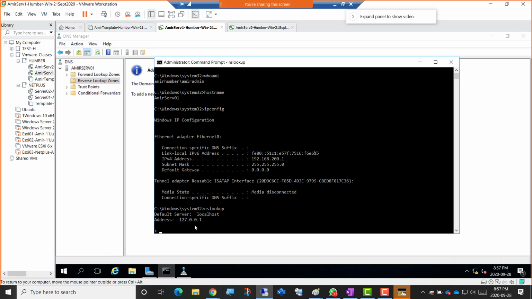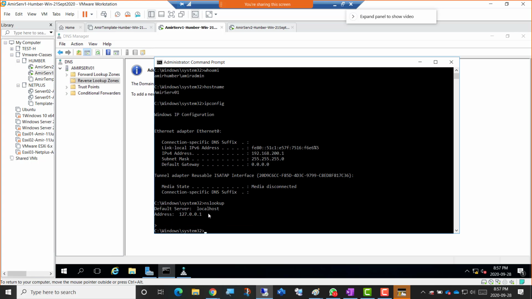So what we can do is go out of this interactive mode by typing Control C on the keyboard. The Control and C buttons take you out of the interactive mode of nslookup. Now we can first go to our network card and check why our preferred DNS is showing this IP. Didn't we give our 192.168.200.1 IP? So let's keep this window open,